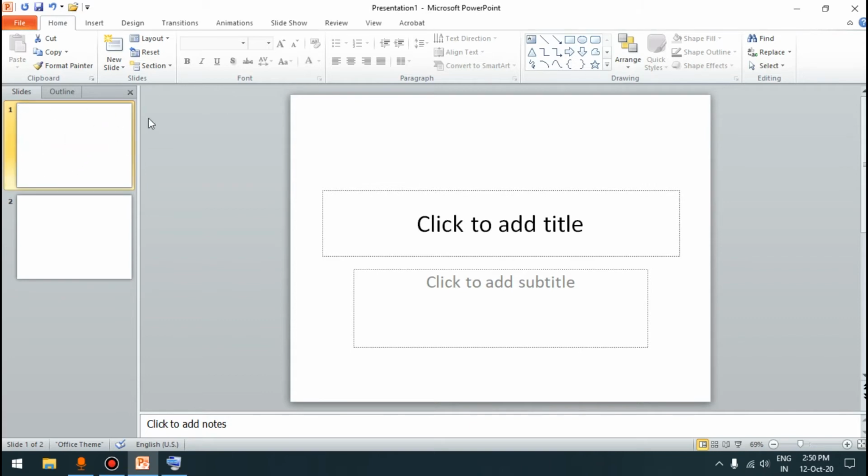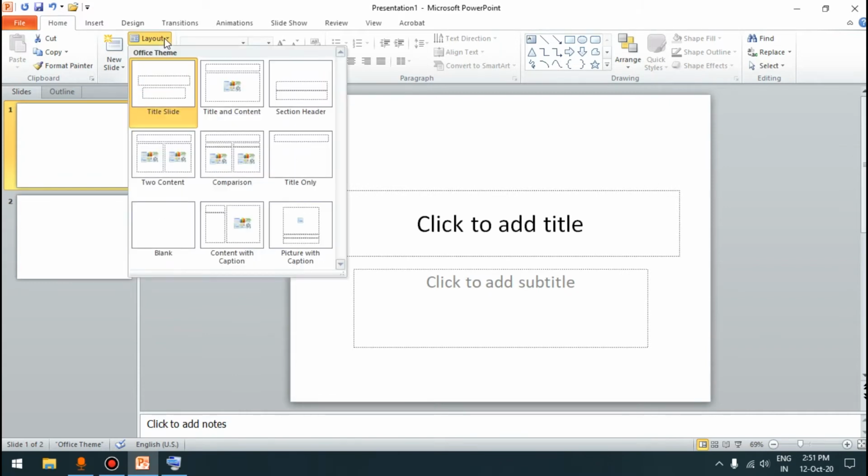So to change the layout, we will go to the Slides group of the Home tab, and in the Slides group, this is the option Layout. If I click over it, we will be able to see the different layouts. You can see this option is already selected or highlighted, with a colored border around it.